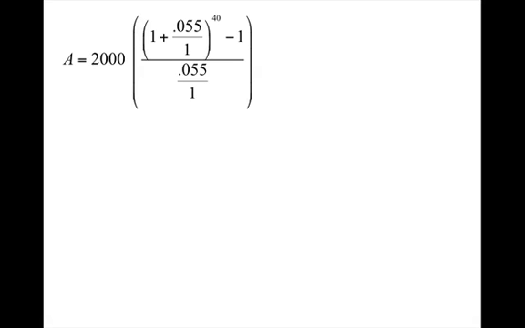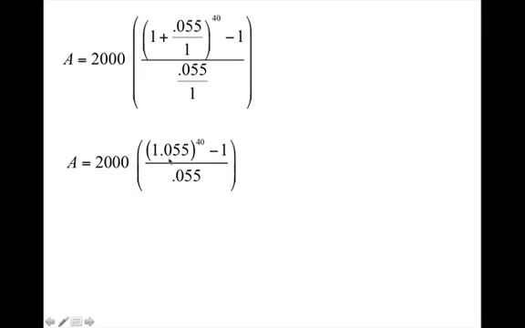I'm going to skip the part where I show you how to do this on the calculator, since the only thing that's changed is the time. So you're going to enter in the 1 plus 0.055 divided by 1. And when you do that, you should still get the 1.055. Now raise that to the 40th power. So on your calculator, you're going to leave this 1.055 on your calculator screen. Press the exponent key and type in a 40 and hit equals. When you do that, you should get